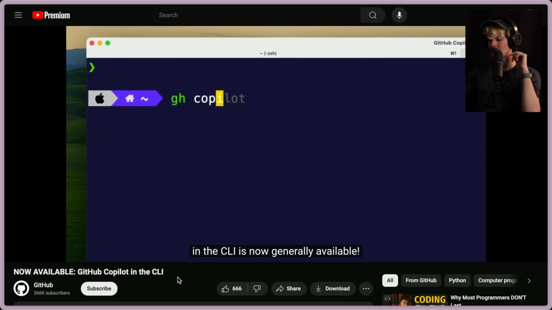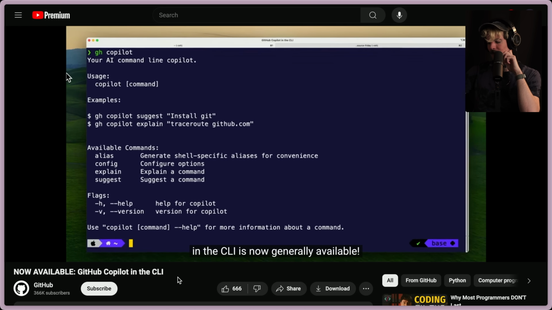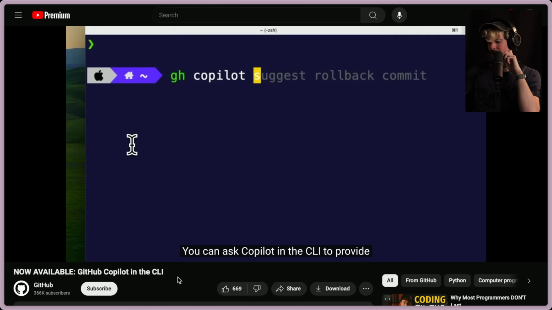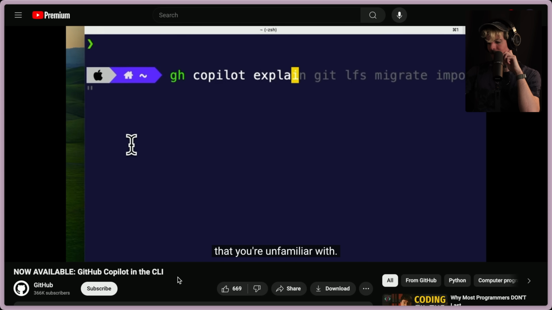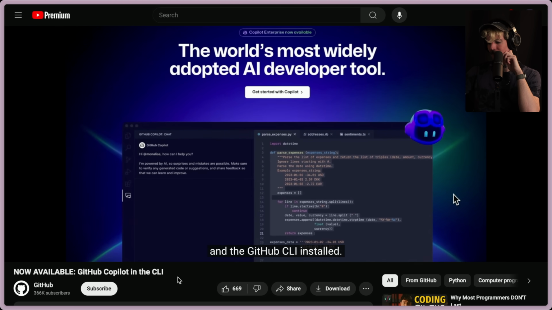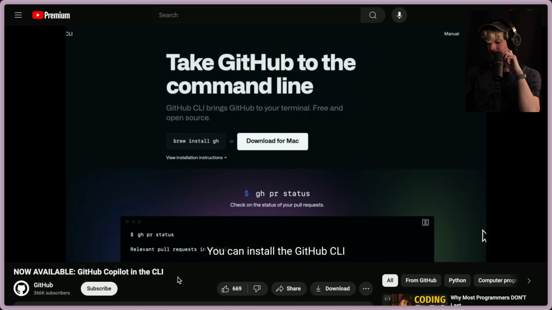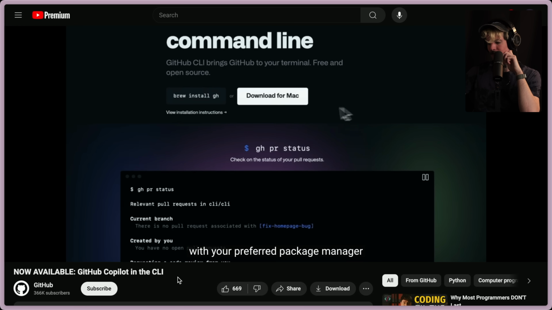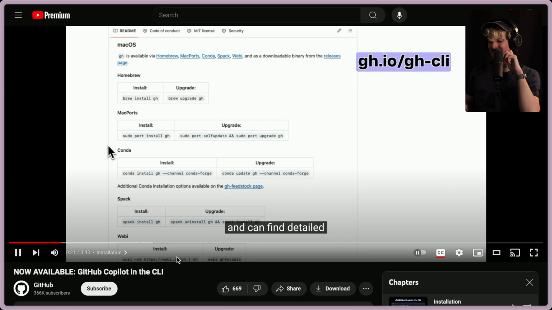GitHub Copilot in the CLI is now generally available. You can ask Copilot in the CLI to provide either terminal command suggestions or explain commands that you're unfamiliar with. To get started, you must have a GitHub Copilot subscription and the GitHub CLI installed. You can install the GitHub CLI with your preferred package manager and can find detailed installation